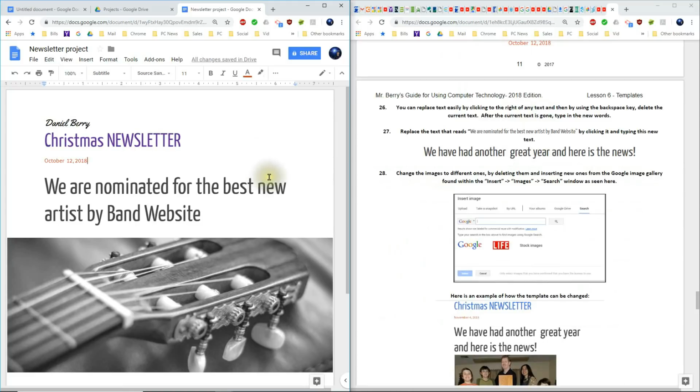You can replace the text easily by clicking to the right of any text and then using the backspace key. Delete the current text. After the current text is all gone, type in the new words. So now, step number 27. Replace the text that says, "We are nominated for the Best New Artist by Band website." You can do this by clicking right behind the last letter and then tapping the backspace key